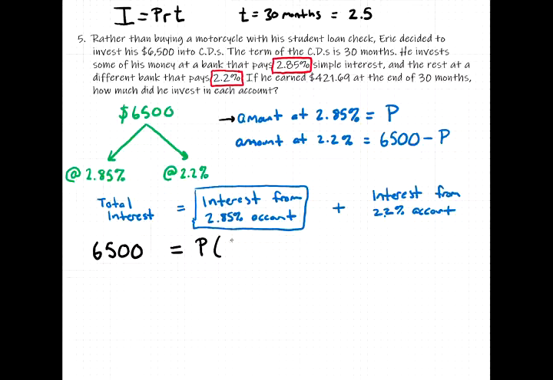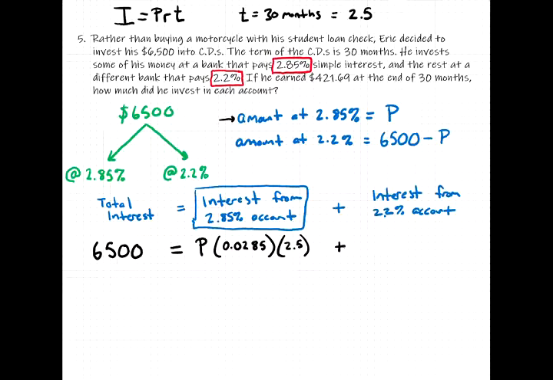So we'll convert that to a decimal. So divide by 100 or move the decimal point 2 places to the left. So that's 0.0285 times the time, which is 2.5. Okay, PRT, principal times rate times time,